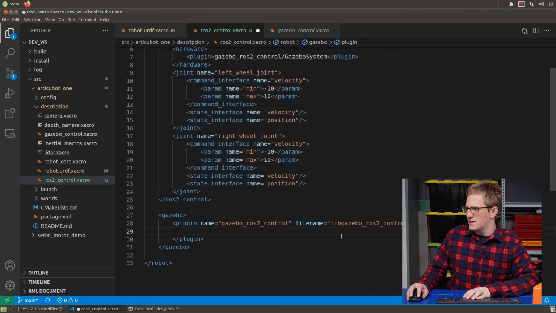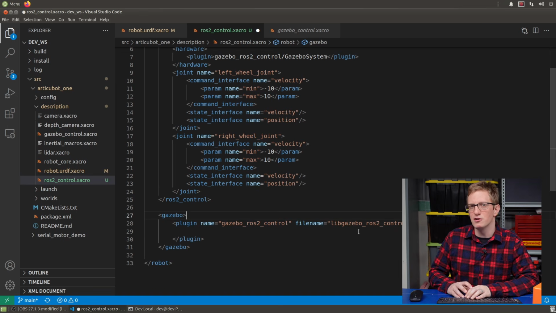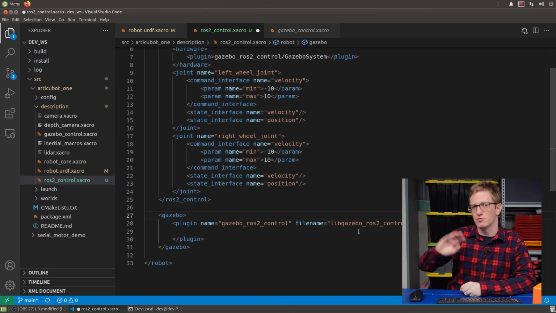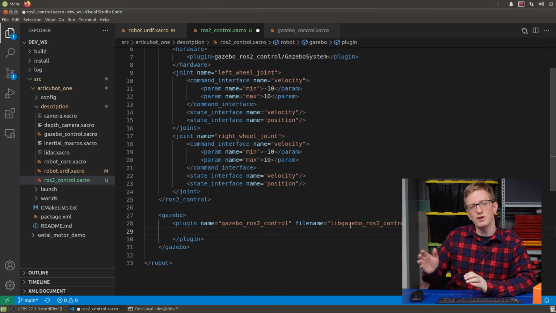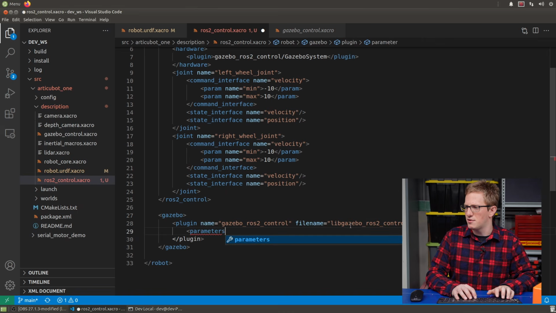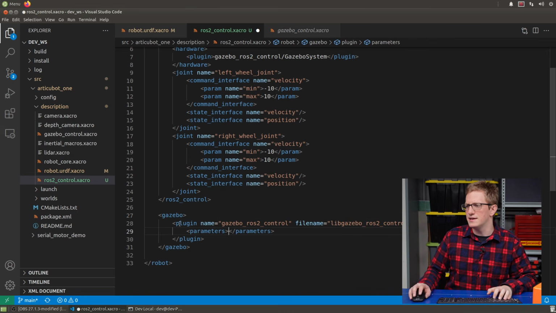So we were just setting up the Gazebo ROS2 control plugin, and this plugin actually does a whole lot of things for us. It sets up a bunch of things on the Gazebo end, and it actually contains its own controller manager, so we don't need to start our own one. Now, that controller manager is able to get the URDF already through the robot state publisher, but it will need to know where our controller YAML is. So I'm going to set up a parameters, and here we're going to put in the path to our controller YAML, but we haven't written that yet,